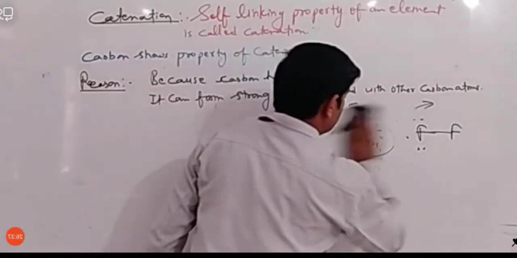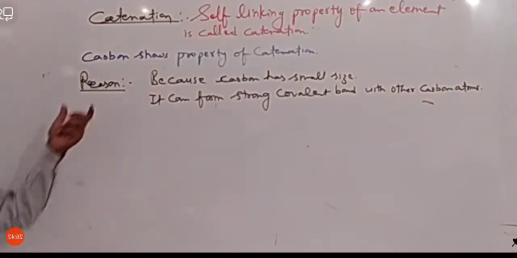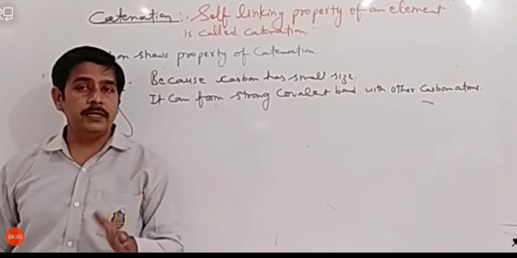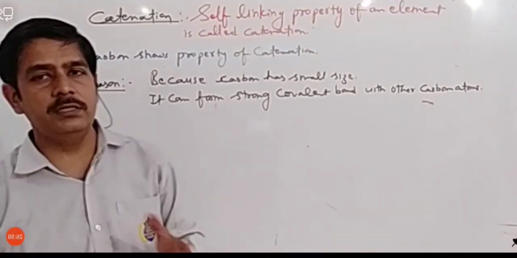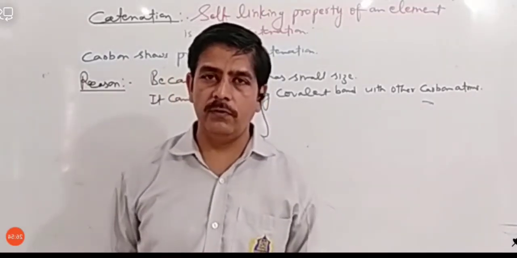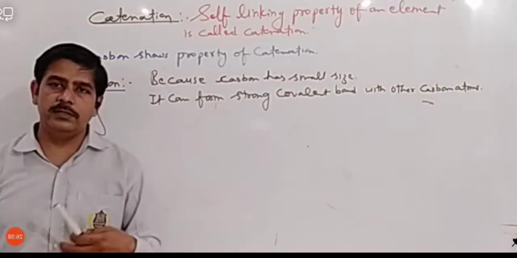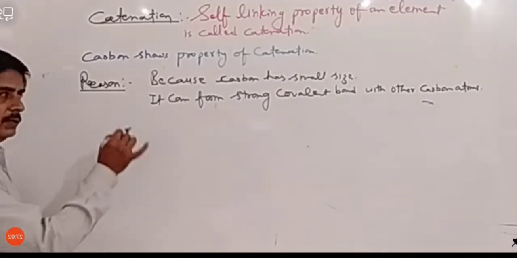So we have seen the property of catenation. तो हमने catenation की property बात की है, and that is carbon shows property of catenation. अब catenation की property show कर रहा है, that means ये bond बनाएगा दूसरे कार्बन के साथ, and it will form a variety of bonds. बहुत सारे bond बनाएगा. It may be double, single, triple. There are so many bonds formed by carbon. So let's once again see it, because we have already seen it.